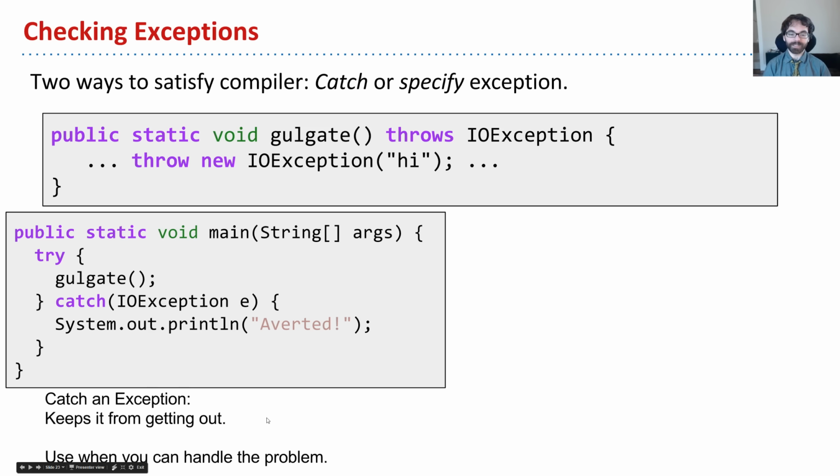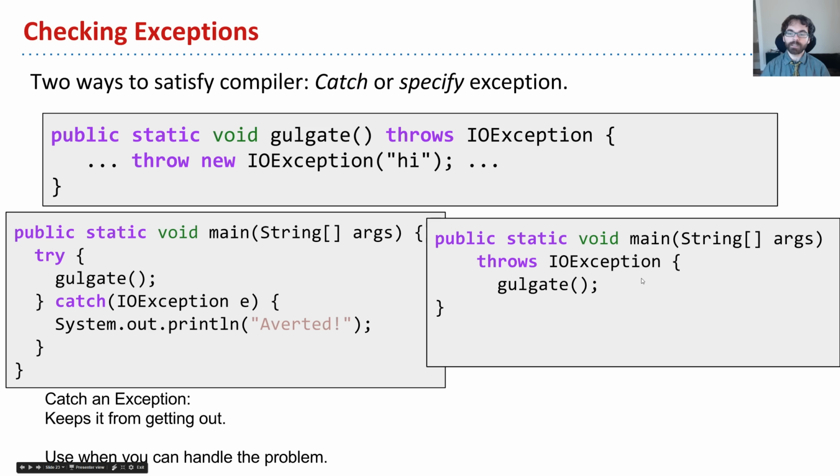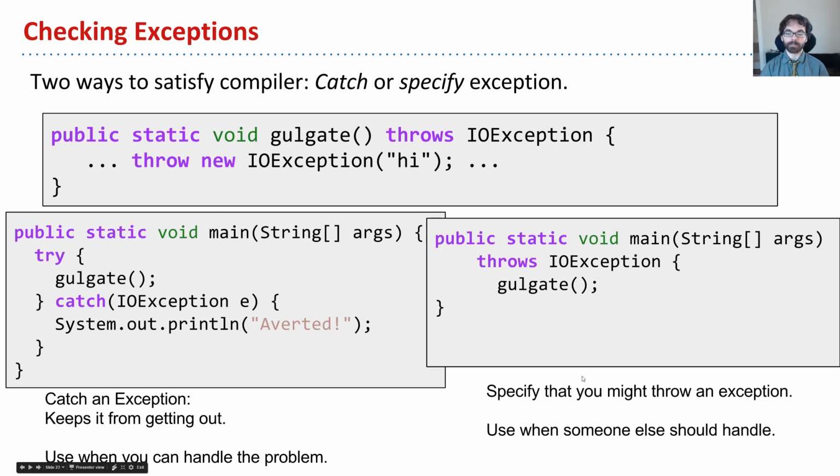We're containing all that abyssal energy. And you can do this as long as you can handle the problem. So in this case, we handled the problem by just saying, no problem at all. But sometimes you actually want to do something, like maybe extend the antenna or whatever it is. The alternate possibility is to make main itself declare that main is dangerous. So main might throw IO exception, and in that case, this will also work. The difference is that on the left-hand side, you provide the remedy, and on the right-hand side, someone else has to provide the remedy. So here, you specify that you're dangerous, and someone else in this case should handle it.